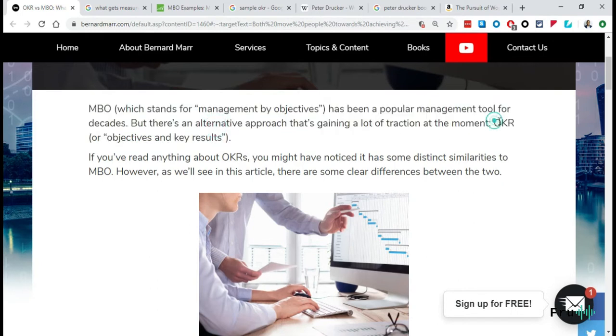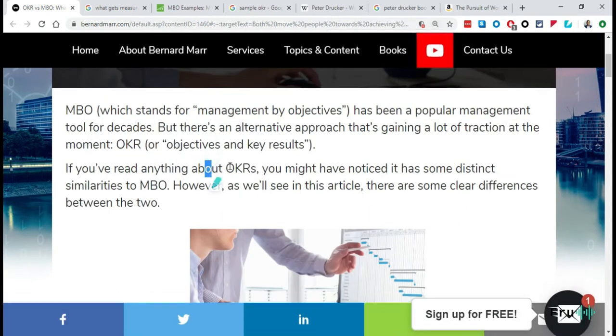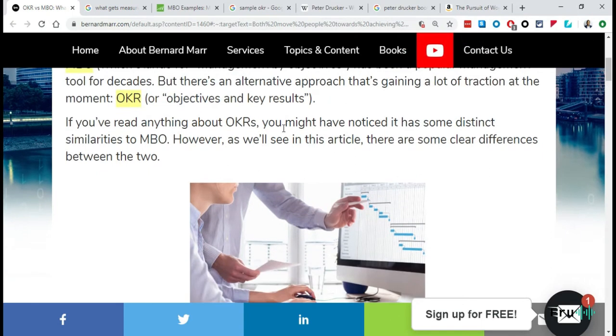On the other hand, OKR stands for objectives and key results, which is a little bit newer and is still just coming up in the tech circle. It builds on management by objectives, but it's newer, so maybe some people haven't heard about this. This might be the first time you're hearing about OKR. We're going to be going into them a little bit more today, doing some definitions around them, so we can have a deeper understanding.